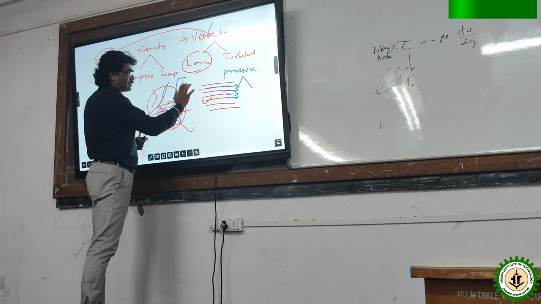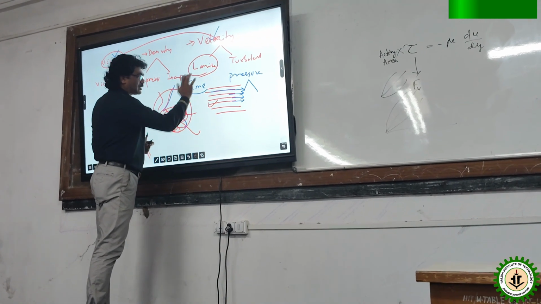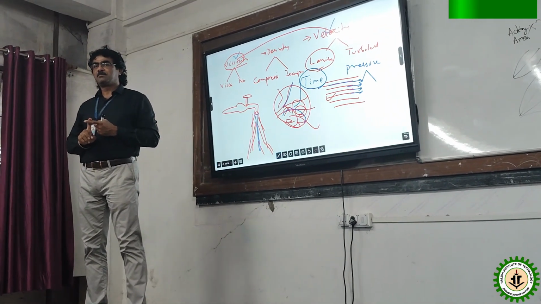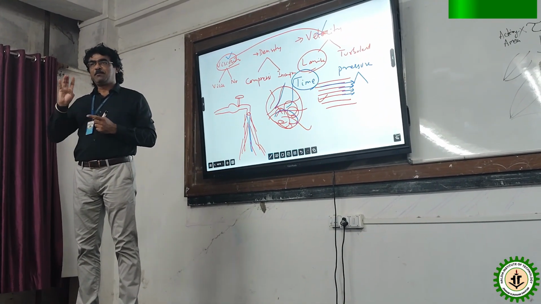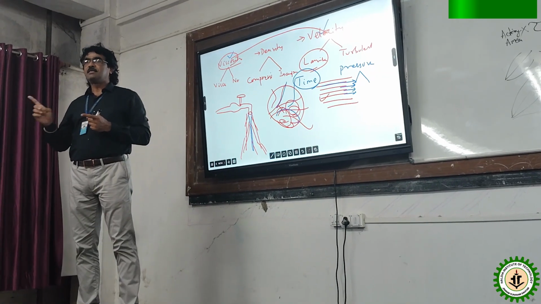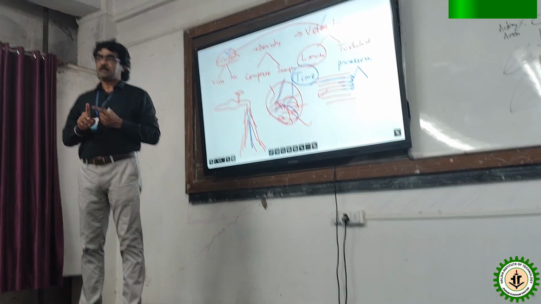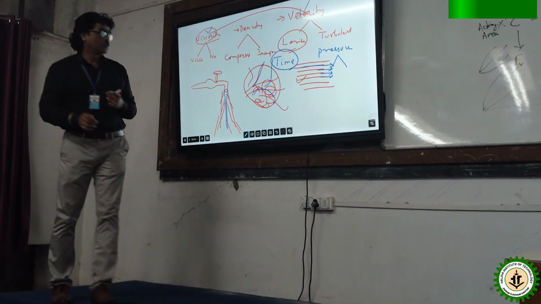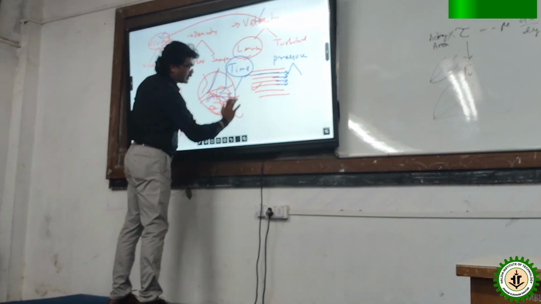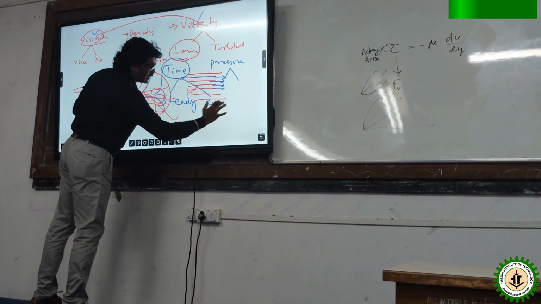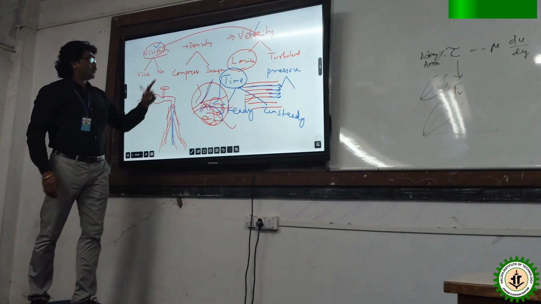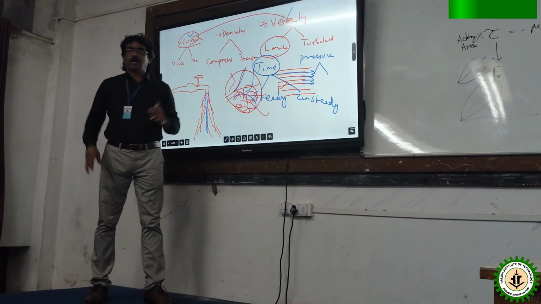Okay, I am giving one character. Just tell me, anything can be. If with respect to time it is not changing, it is steady flow. If with respect to time the characters are changing, it is unsteady. So with respect to time, it is steady, and if it is changing, unsteady. That is 1, 2, 3. Another one will be